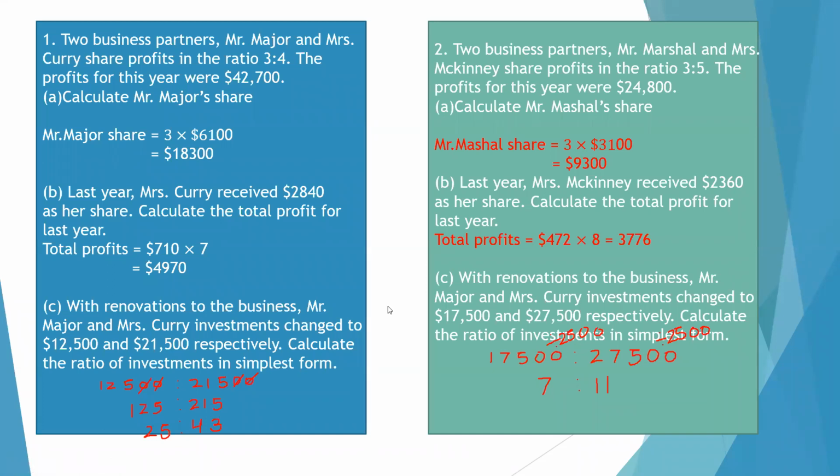C says, with renovations to the business, Mr. Major and Mrs. Curry's investments changed to $17,500 and $27,500 respectively. Calculate the ratio of investments in simplest form. So to do that, right now the ratio is 17,500 to 27,500. So the first thing you would do is